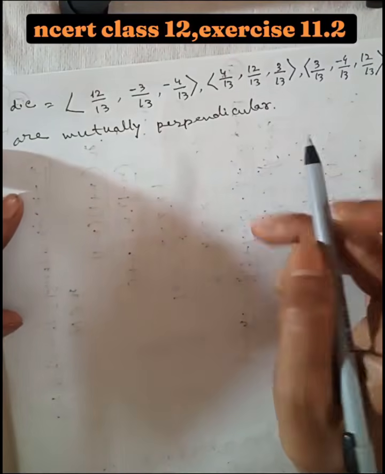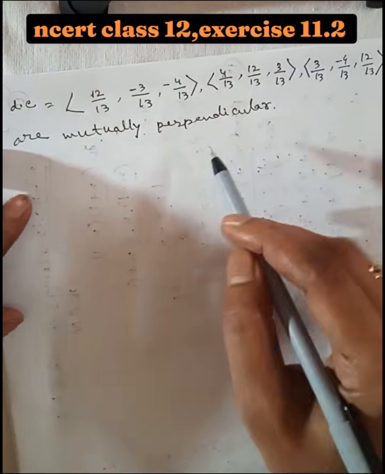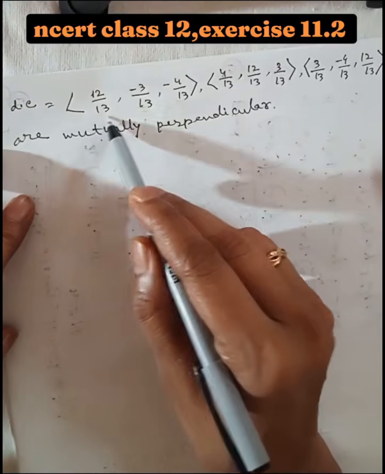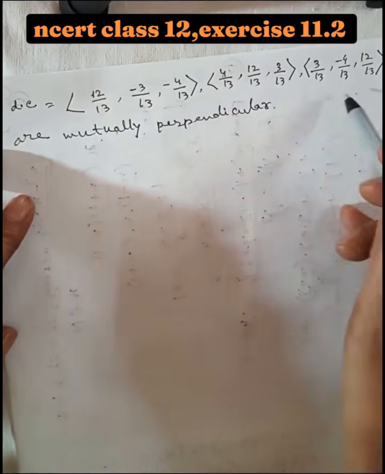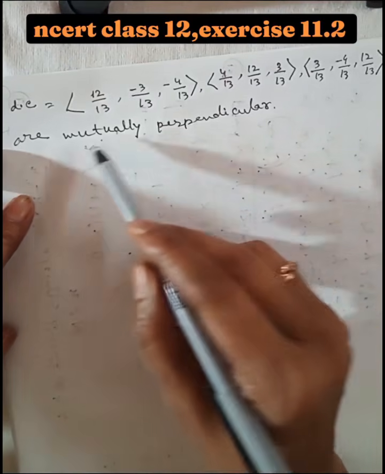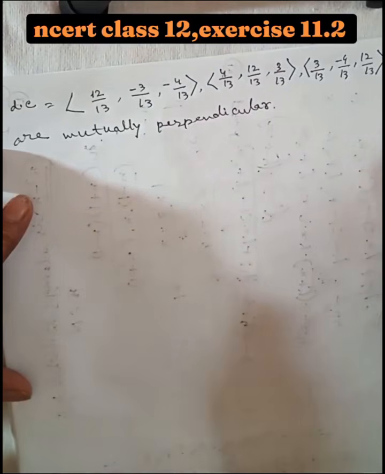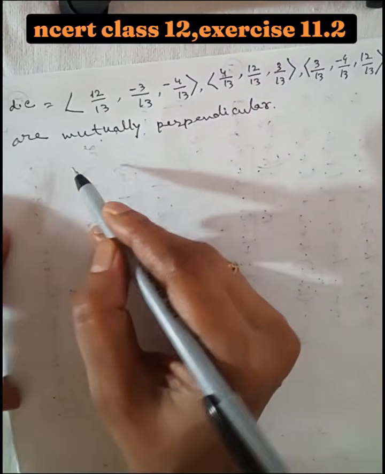Question number 1. Show that three lines with direction cosines are given. These are direction cosines of three lines. Prove that they are mutually perpendicular. We know